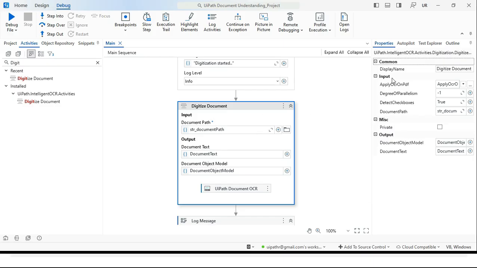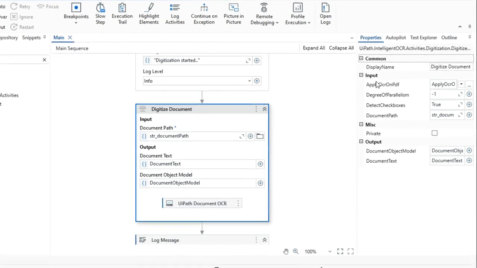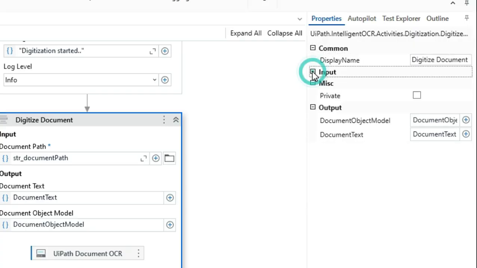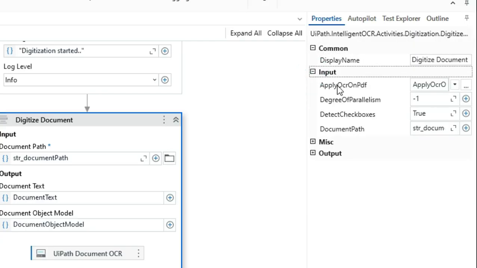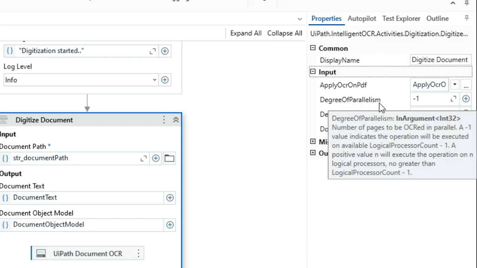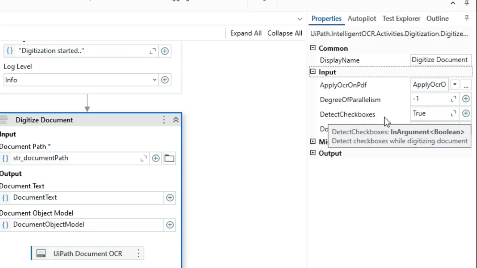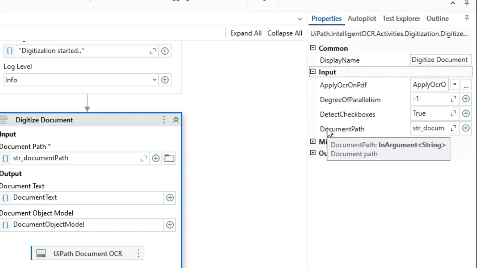Okay, so here we are ready to use, but before using this, let me explain something here. Go to the properties, and if you click on Digitize Document, on the right side you can see we have inputs and outputs. In the input we have four options: Apply OCR on PDF, Degree of Parallelism, Detect Checkboxes, and Document Path. So these three it has automatically taken by default.